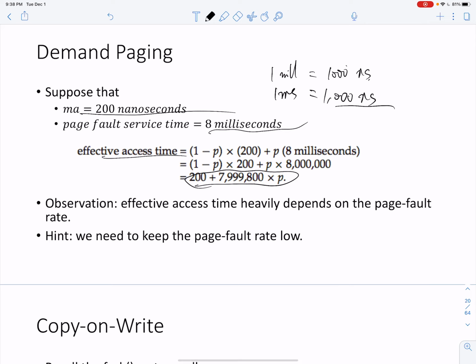Oh sorry, this is not 1000, it's 1 million nanoseconds. Okay, so then the total effective access time is 200 plus 7,999,800 times p nanoseconds. So here we can say that since p is a number between 0 and 1,